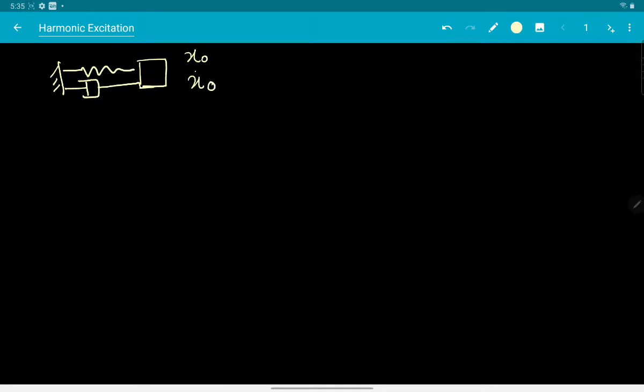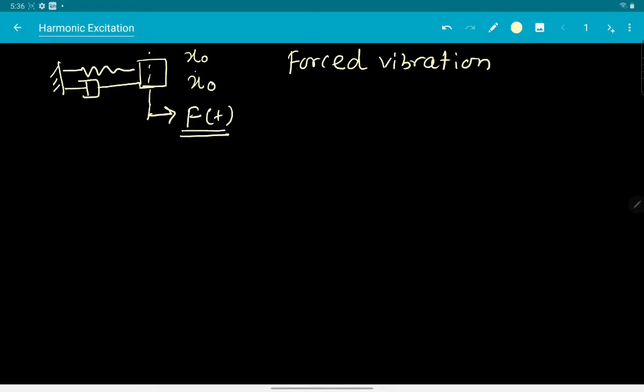Okay, now from this lecture onwards, what we are going to see is the forced vibration response. Along with these two initial conditions that we are specifying, we are also specifying an externally applied force onto it, which is f of t. That force also varies with time. To start with, we are going to consider the kind of variation which is harmonic in nature. So we are going to consider a force of this form, f0 cosine omega t.